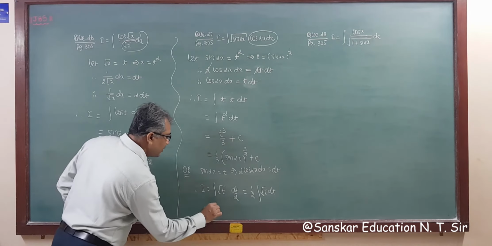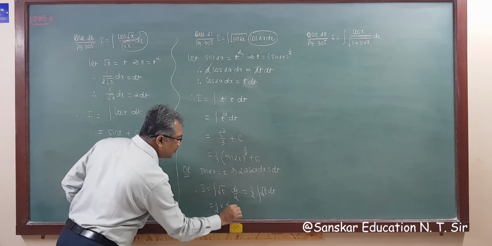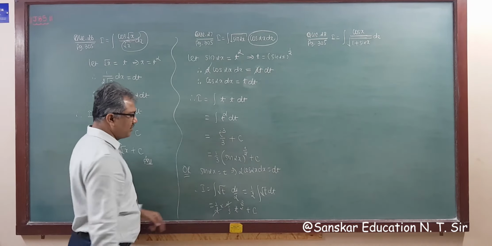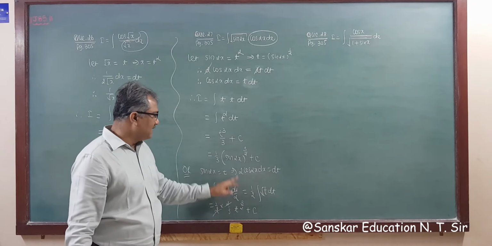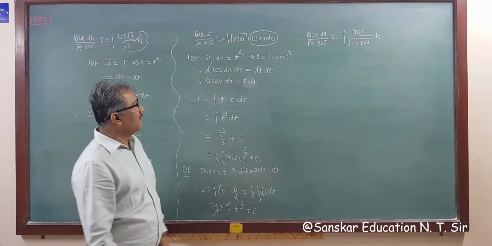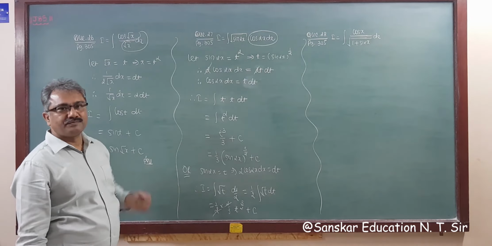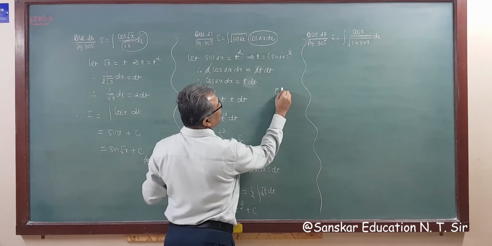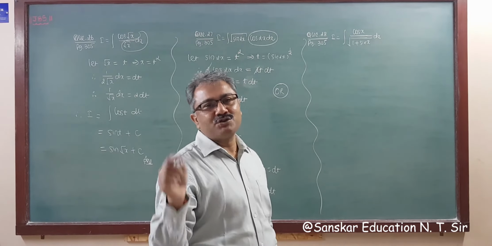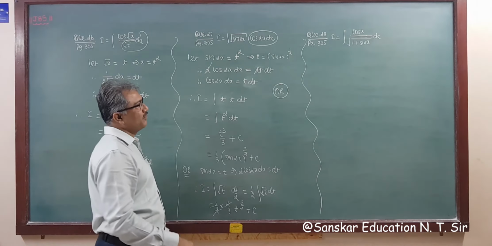So this is 1 upon 2 and integration of this is 2 by 3 x raised to 3 by 2, that is t raised to 3 by 2 plus c. This 2 will cut, 1 upon 3 and t is sine twice x plus c. You will get the answer directly also. So you can apply any method. Now before starting a new question, you have a third method. There are lots of methods, n methods, and if you solve by the n plus 1 method, that is also correct. But logically it was okay.